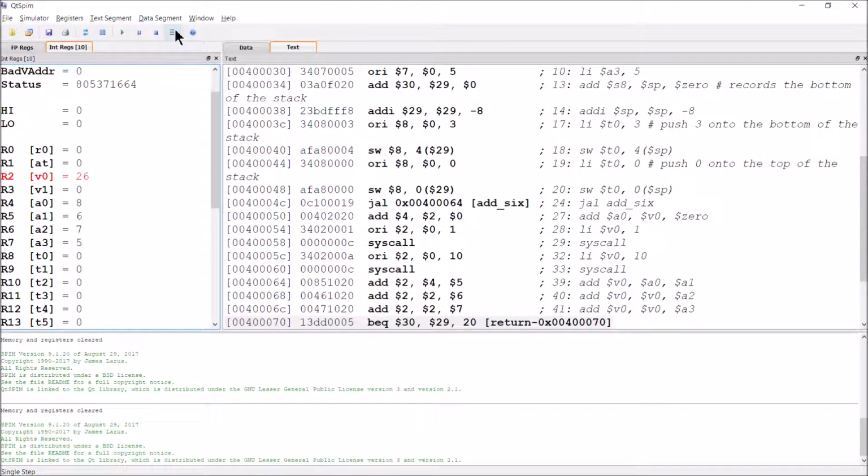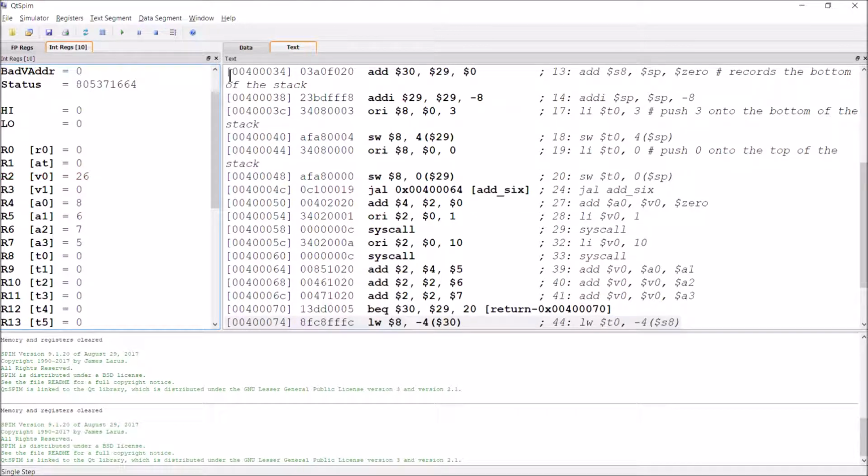Then for the A3 register. Now we're checking to see if there's anything in the stack here by doing that branch instruction. Okay, now since they're not equal, there is stuff in the stack. So now we go to the stack to retrieve those values, right? Loading the word, or doing a load word instruction into a temporary register, getting the value from the stack relative to the bottom of the stack using S8, which is what QtSPIM uses to represent the frame pointer